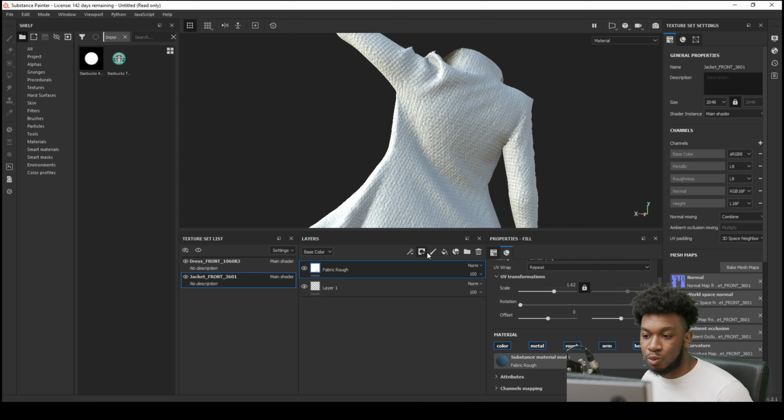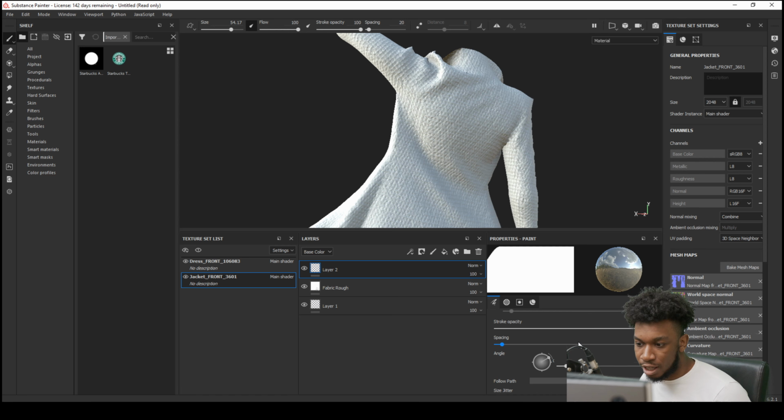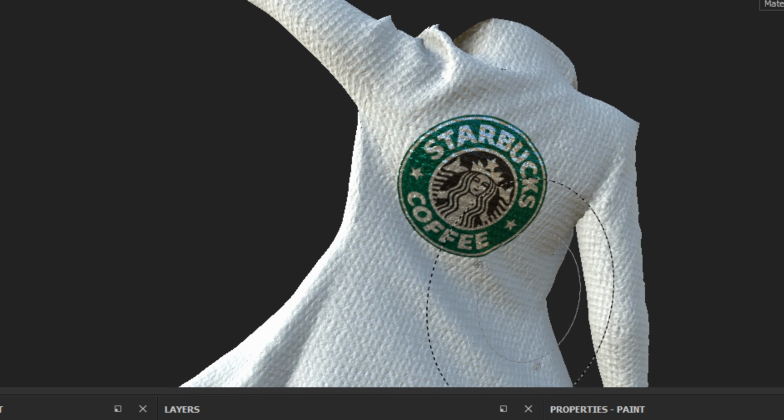So what we're going to do is click a paint layer. Find the paintbrush tool, press onto it, add a paint layer, and then scroll until you see where it says base color and drag the texture, which is the color version, onto the base color. And then scroll up till you see where it says an alpha and drag the alpha texture onto the alpha. Now, if I go to the object and I stamp it, you can see